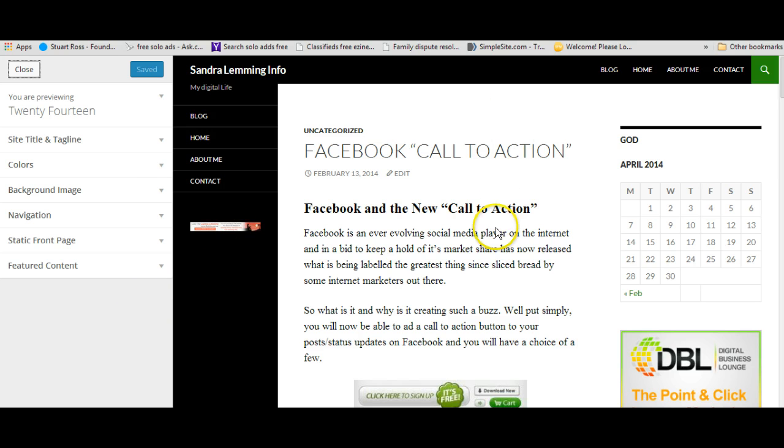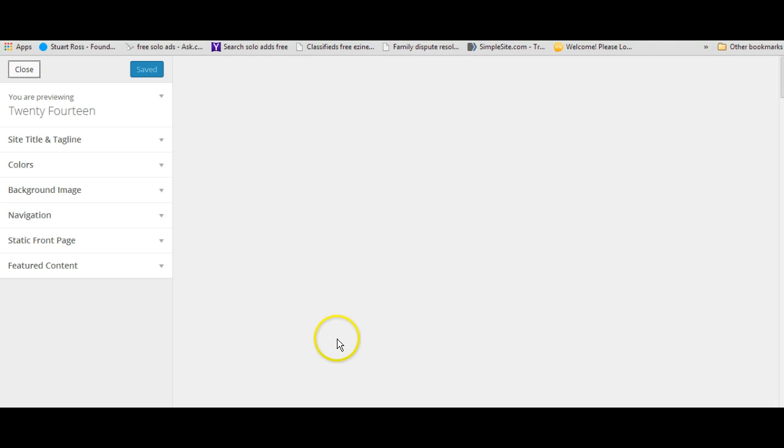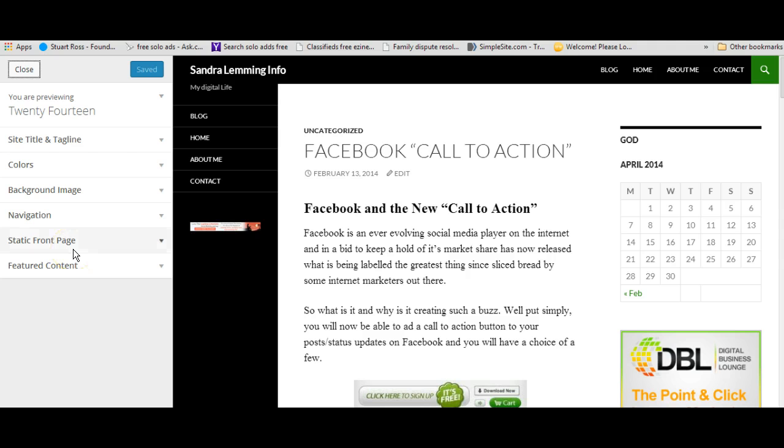Okay, here I can see my site on the right, and I can see my panel on the left here. Okay, this will give me basic customization. Okay, so my site title and tagline, I can change that here. Here's my site title